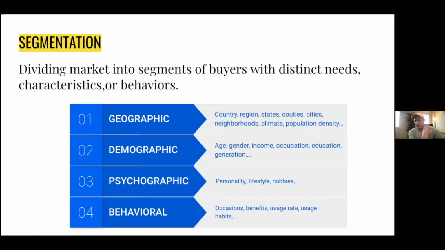Okay, so that's the second place winner in our poll. The first place was demographic. And this is the typical thing: age, gender, income, occupation, education, generation, Gen X, Gen Y, et cetera. And so this is the way most of us might think about it, and a lot of products lend themselves to it.